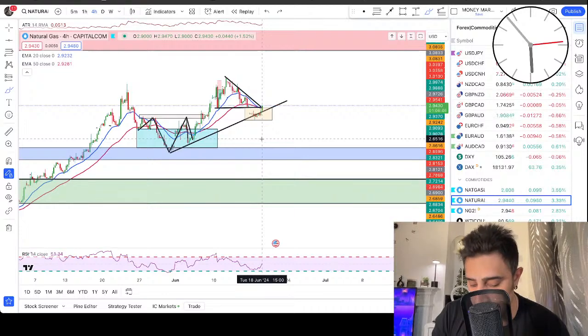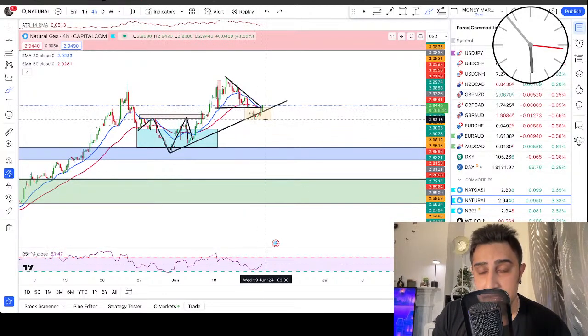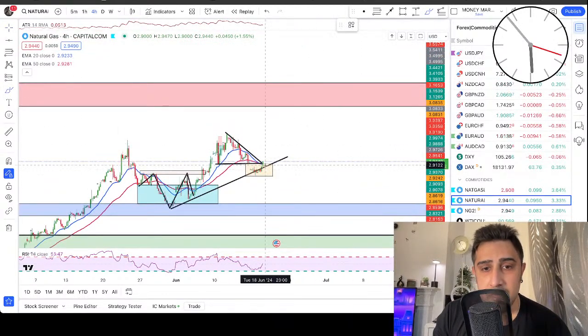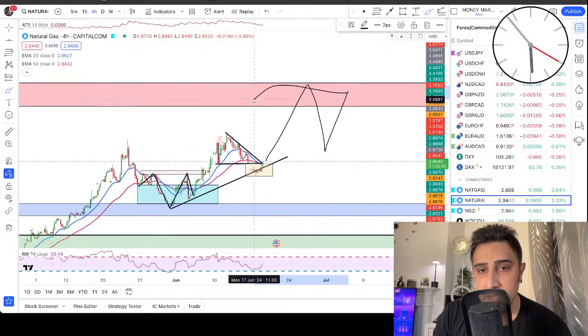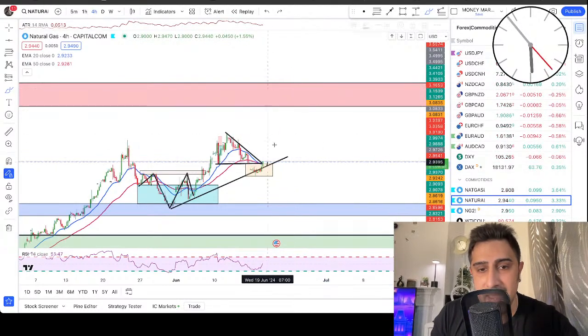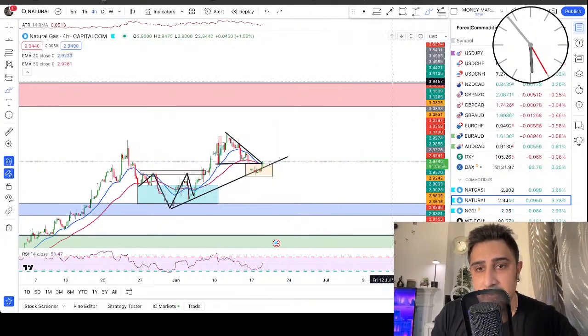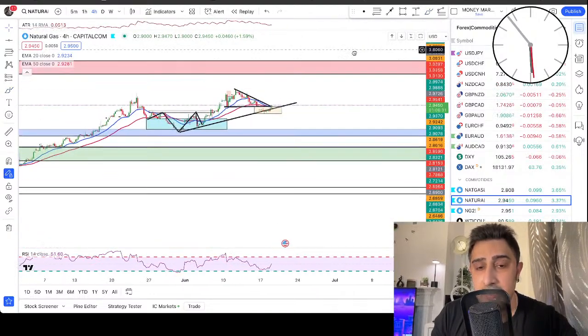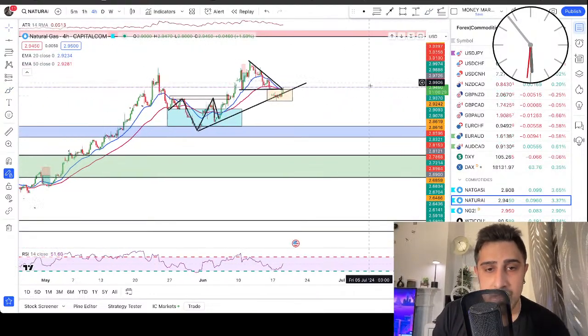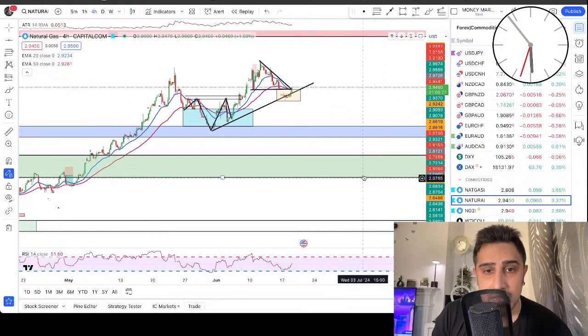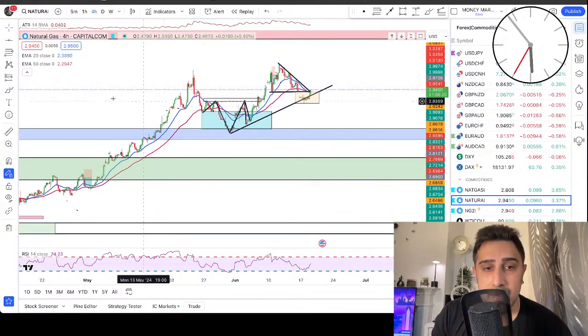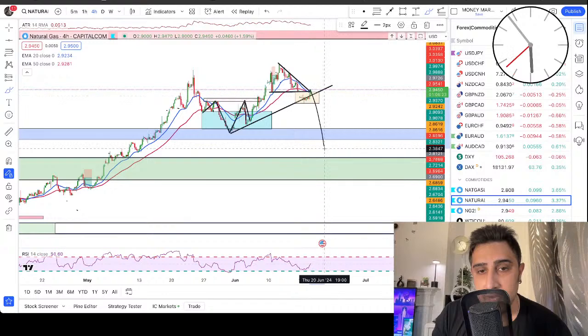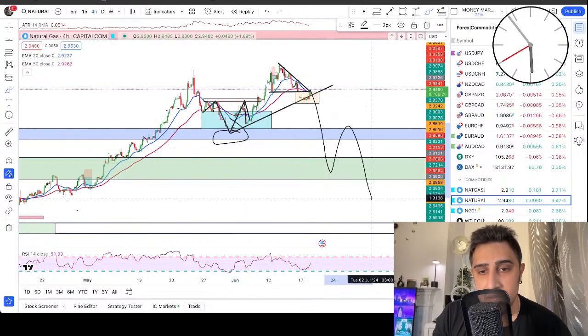Otherwise, I'm not looking for bearish trades. I'm just in a buy for natural gas, and I'm just going to look for some pullbacks from this level, even though that's a major zone. So just pullbacks from this level, and then price will likely push up to the next resistance level up there. So I'm not bearish for natural gas, even long term. That's a good uptrend, and until the trend is broken completely from here, we are not bearish for natural gas.